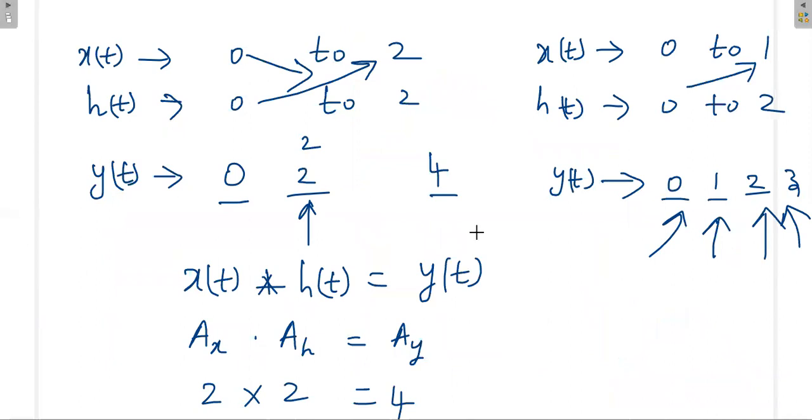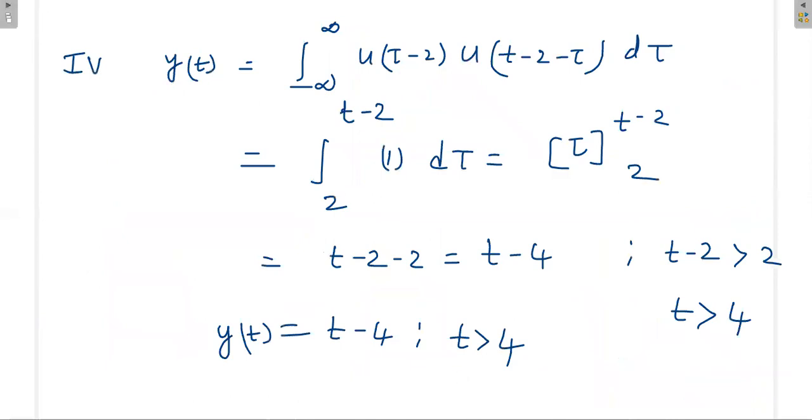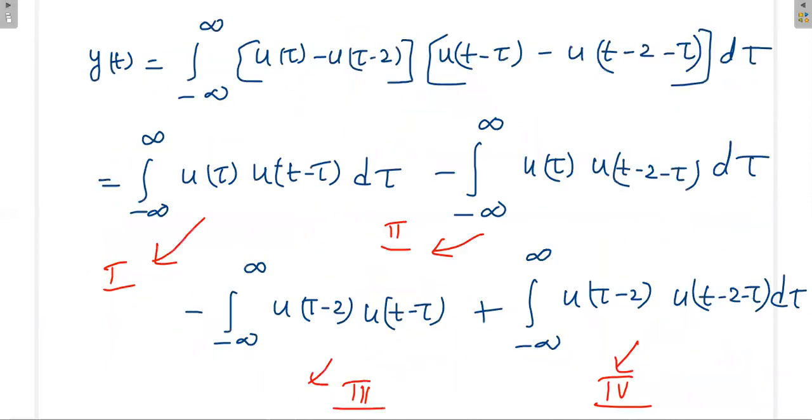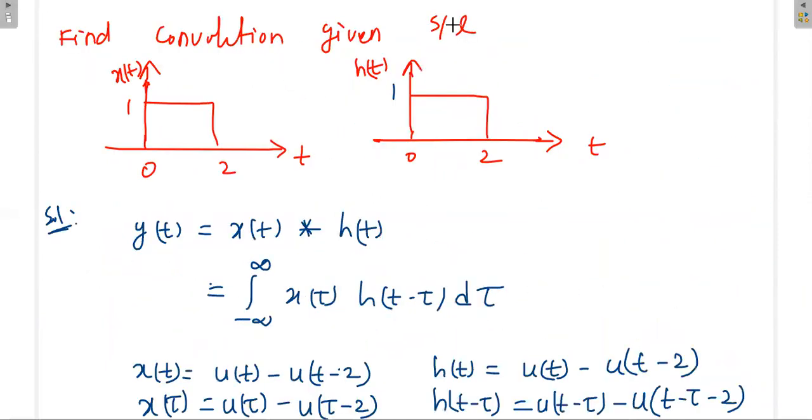In the next class, we'll try to solve the same problem with the help of the graphical method. That will be useful for the semester examination, because in the semester examination, they'll simply give the questions either in signal waveform format, graphical format, or in terms of a mathematical equation, but whatever it may be, most probably you have to solve it by the graphical method.